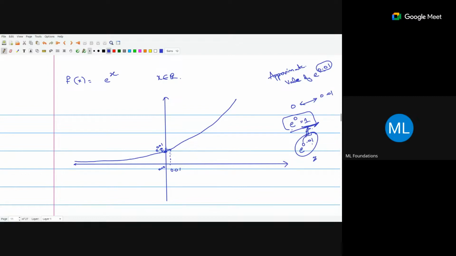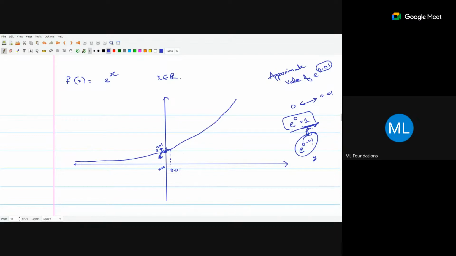If I bring a quadratic curve into the picture, it is called quadratic approximation. So I just want to come up with a curve which passes through this point, e to the power 0, because at least for the training data it should give 0 error. It should pass the training data. So whatever line I come up with, at x equals 0, it should give me 0 error.